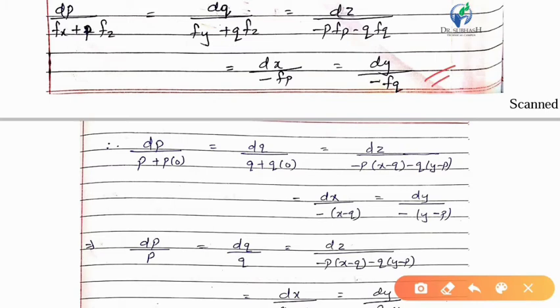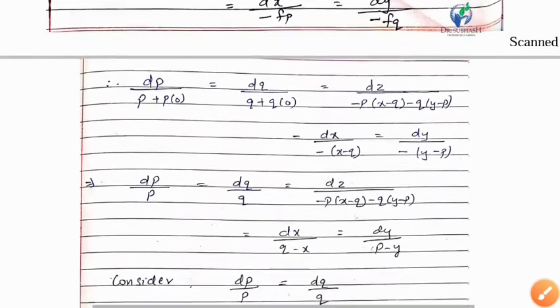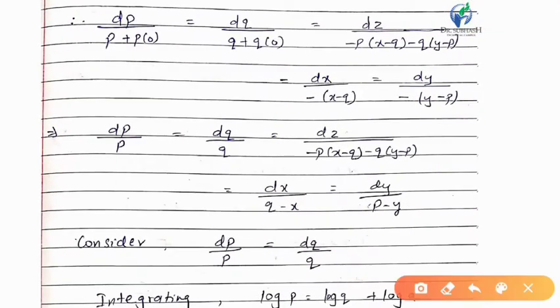Okay, now I am substituting all the values. See, now the value of fx will be p, so I have written here p. Fz is 0, so I am writing here 0. Here fy is q, so here I am writing q. Fz is 0. Now again in the third term, fp is x minus q, fq is y minus p, and fp again here is x minus q, and fq is y minus p. I have substituted all these values here, and now I will simplify this equation.